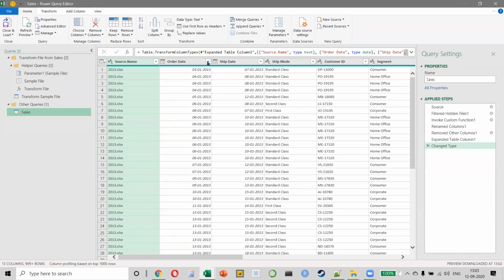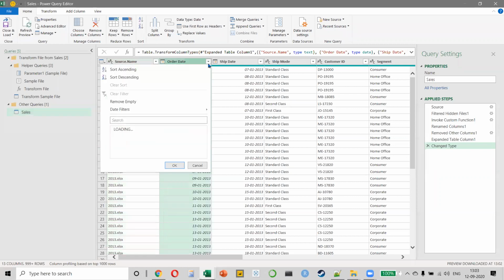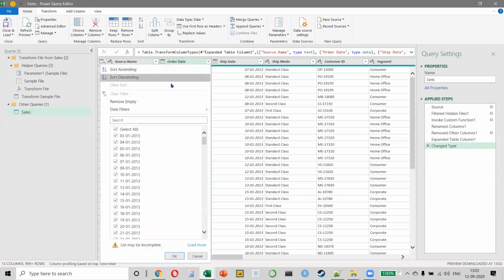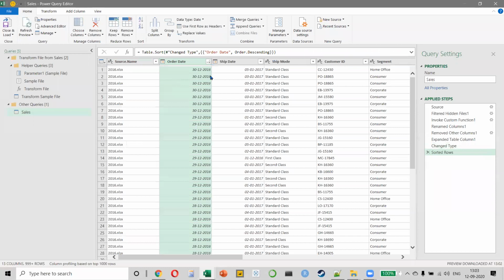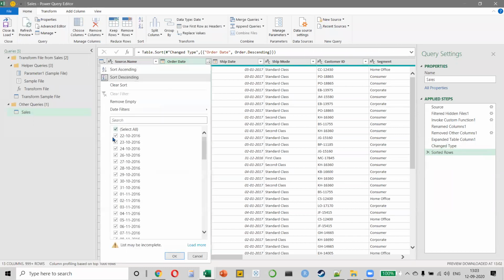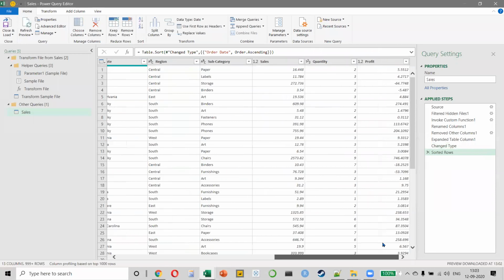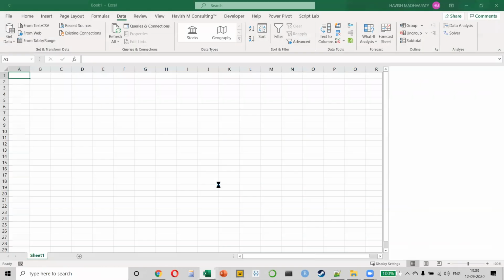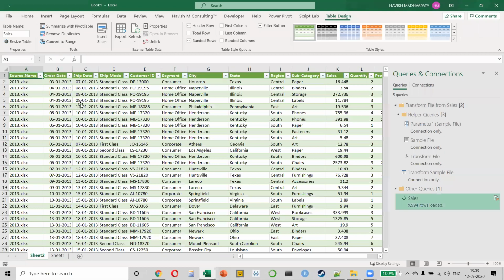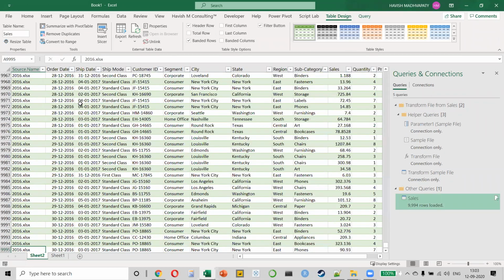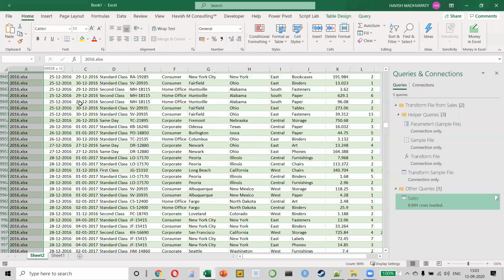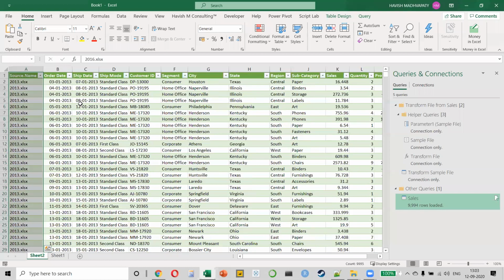Okay, so somebody was saying, how can we sort the data? See, the data is already sorted. It's already sorted in an ascending order. If you want to sort it in a descending order, you can do that as well, like this. Whatever operation you want to perform. In any case, when I click on close, then all the data will come back to my Excel. So if you notice, we have all the 4 years here. We have 10,000 records from 2013 to 2016, like this.